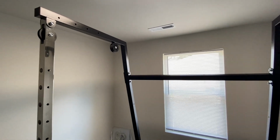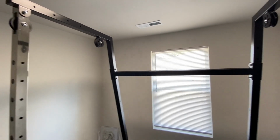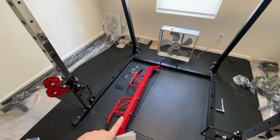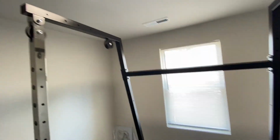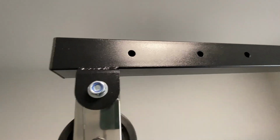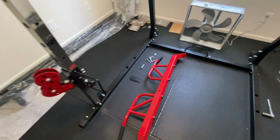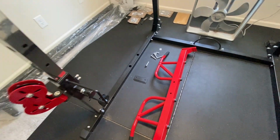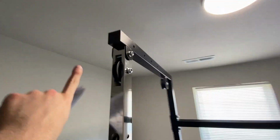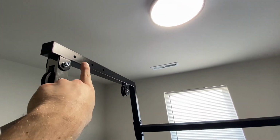All right, so that is in place. Again, nothing has been tightened up. There is still a lot of wiggle room that we need for the pull-up bar. Now we're gonna put this up. We're gonna line it up on the holes up here. They're gonna go on the front 2 holes. So these first 2 right there, we're gonna pop it up, and we're also going to use our little brackets down there, our 2 F4s on the outside. So we're gonna put the brackets out here and then put the bolt through into the pull-up bar and then